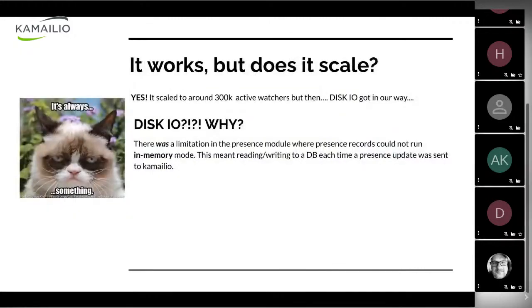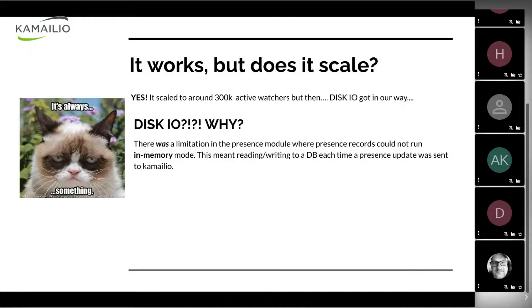So it works, but does it scale? It scaled great. We had around 300,000 active watchers in a single cluster with 2 presence nodes. Eventually, disk IO got in our way, which actually surprised us. But when we started digging in, we figured out there's a limitation in the presence module where presence records